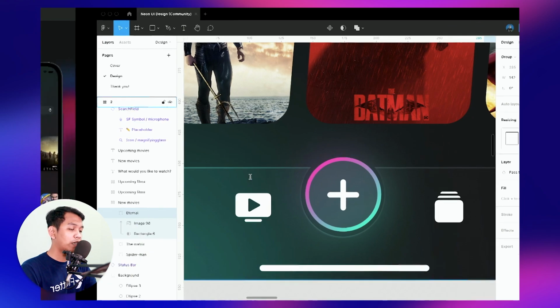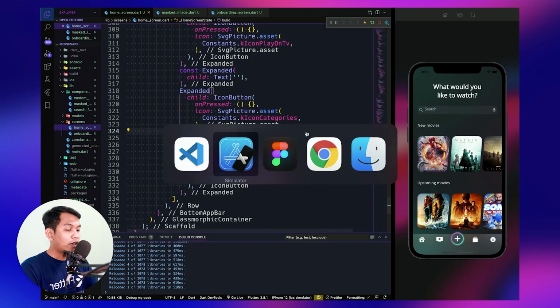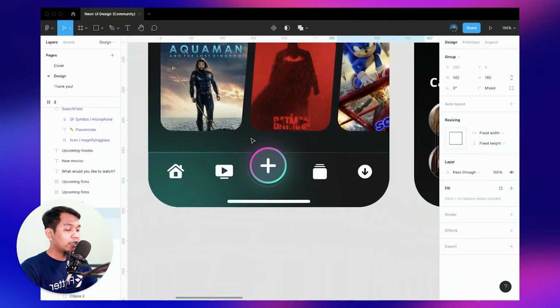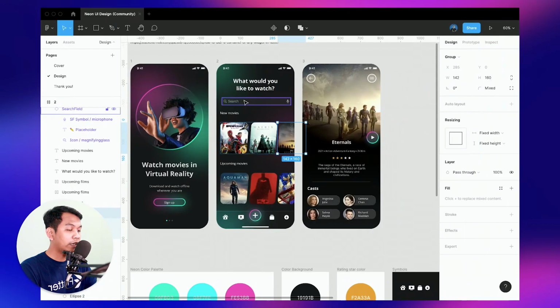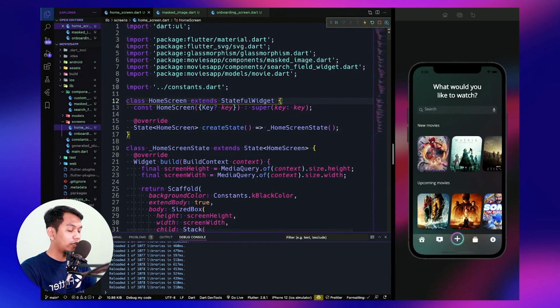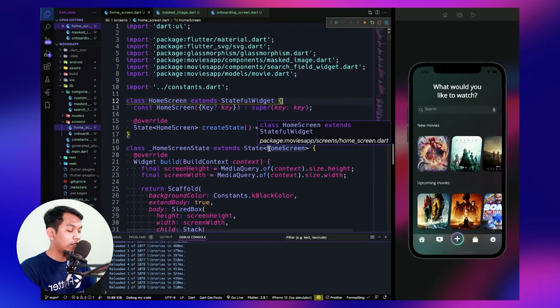Alright, but as we can see from the design, it has a little notch look like this, but for now in my Flutter, I don't know how to do that. Maybe in the next tutorial I'll try to fix this, but for now I think it's similar with this design. Yes, so it looks like this. So this is our Flutter, and this is the design. So yeah, I think it's similar with the design.